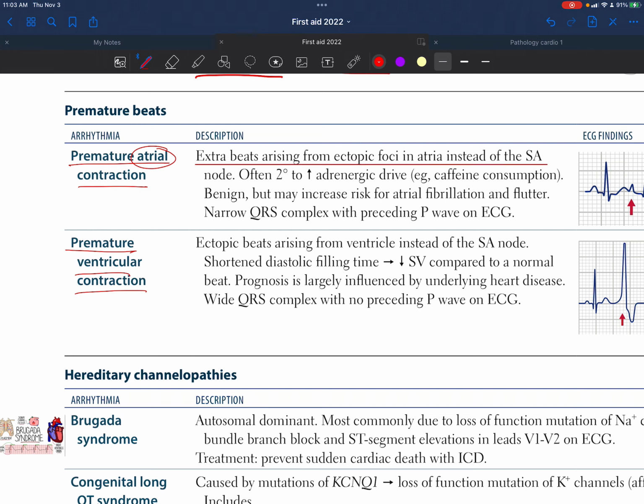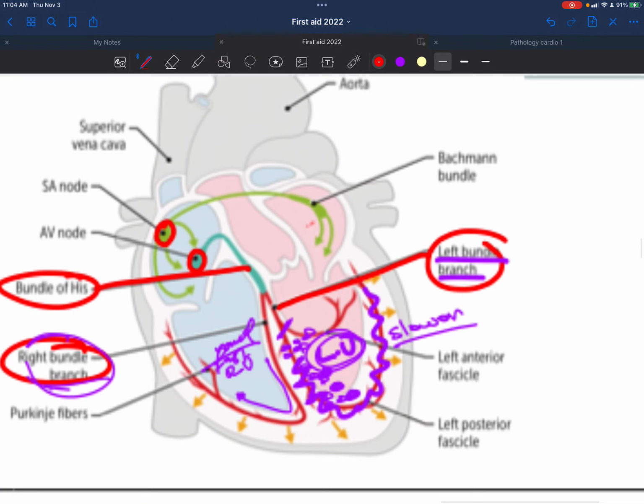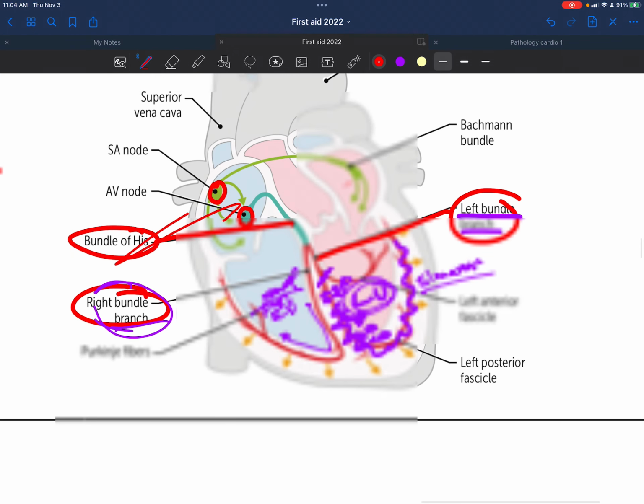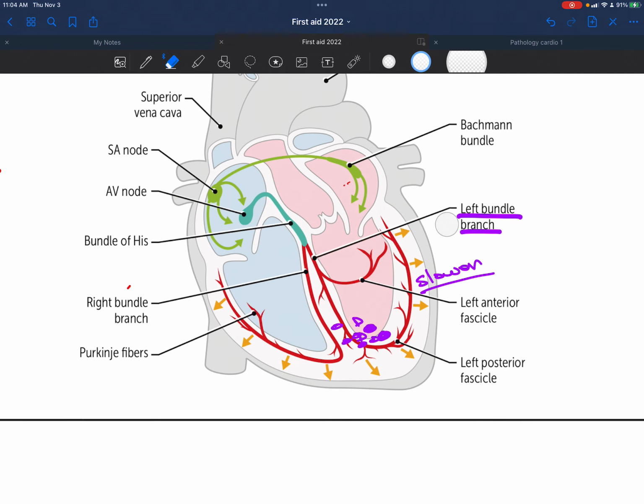instead of the SA node, often secondary to increased adrenergic drive, like in caffeine consumption. It is benign, but may increase the risk for atrial fibrillation and flutter. We see new narrow QRS complexes with preceding P waves on ECG. So if we take a look at the same image over here, we already said that the source of the depolarization is from the SA node and it is in the right